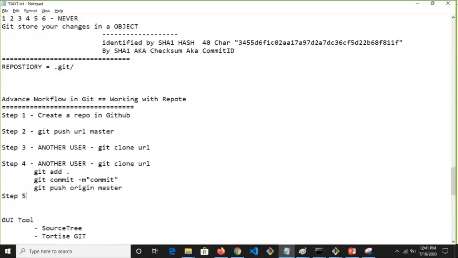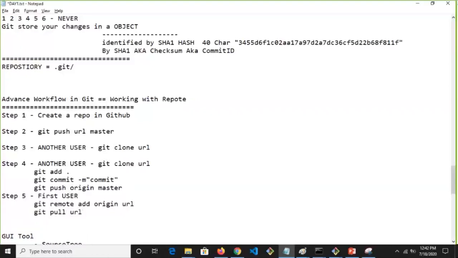Step 5. First user, git remote add origin URL, git pull URL master. Git pull origin URL, origin master. That's all. Did you understand this advanced workflow?